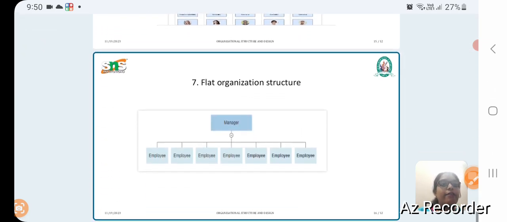Last one is flat organizational structure. As we saw in the first structure, functional structure, this organization structure is similar to that, where only a few middle managers between employees and top managers will be there. This structure requires less supervision, increases employee involvement, and boosts trust in the workplace. It is very simple, and it is used for small businesses and startups, where they monitor their employees directly, and there requires very less